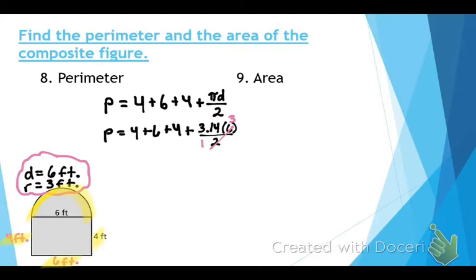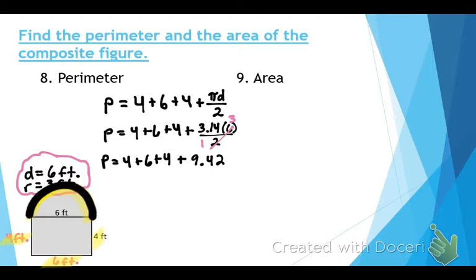So on the left-hand side, we're not going to do any of this yet. Bring down, we're adding the 4 and the 6 and the 4. Plus, let's go ahead and multiply this out. What's 3.14 times 3? 9.42. So what you have just figured out, guys, is that this distance right here, the top of the semicircle,